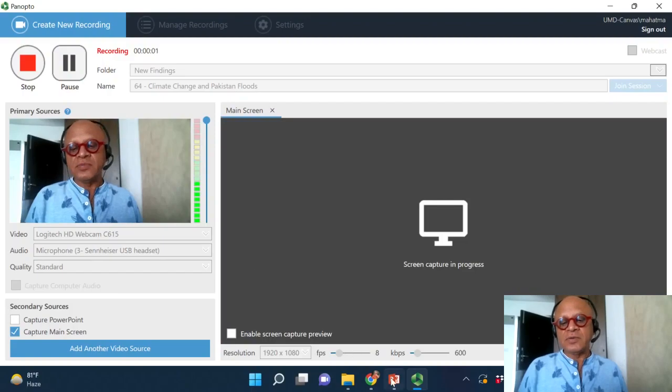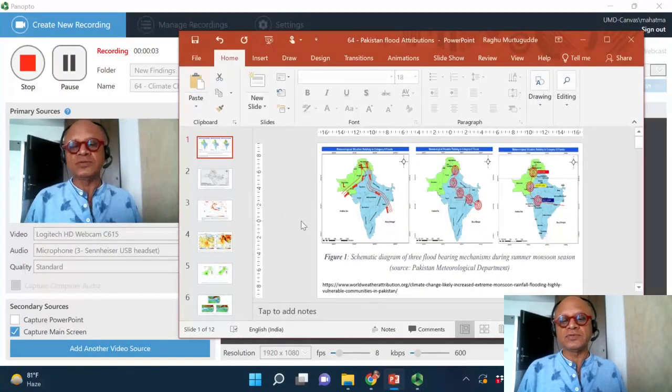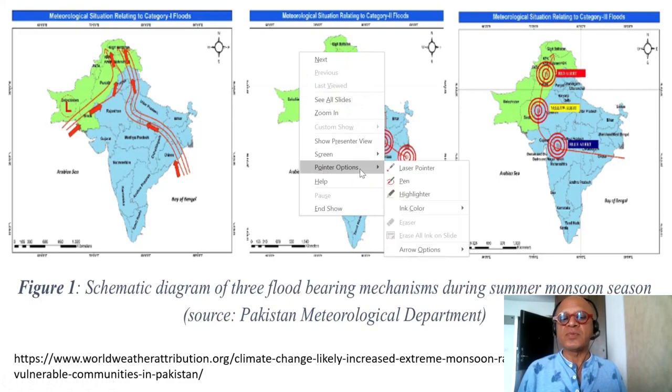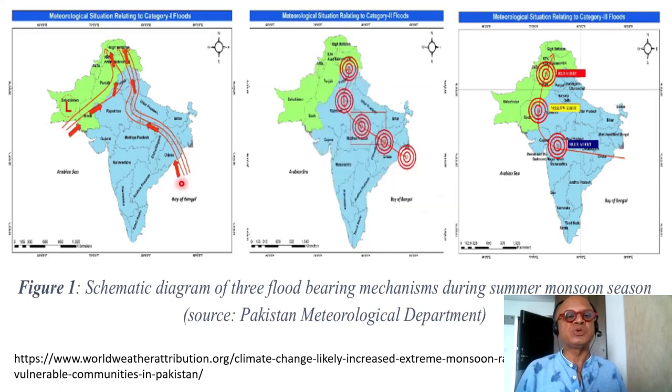Okay, the weather attribution group, which includes scientists from across the world, although mostly the ones from Europe, has done an attribution study of the Pakistan floods of the 2022 summer, which basically covered almost the entire country. They use a statistical approach, the so-called generalized extreme value theorem, and then they use models where they compare pre-industrial probability